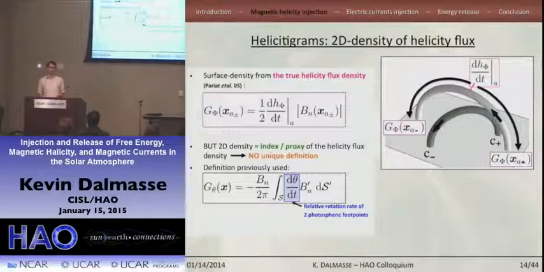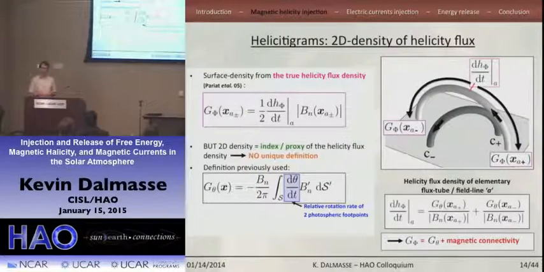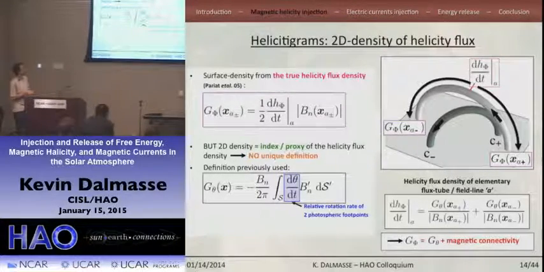And the reason why G theta is usually used in observation is because it is easier to implement than G phi. And this comes from the fact that you can compute the helicity flux density map here simply from photospheric data. So simply from a time series of magnetograms, you can synthesize such a map. On the other hand, to compute G phi, you need to compute G theta, but you also need to know the magnetic connectivity. This is because the helicity flux density, so the helicity flux for a field line, depends on G theta at both foot points of the magnetic field line.